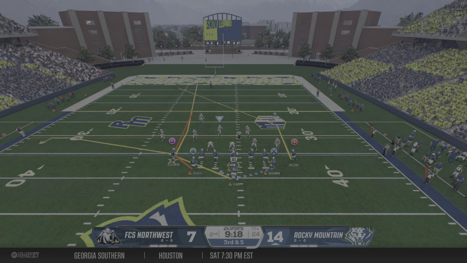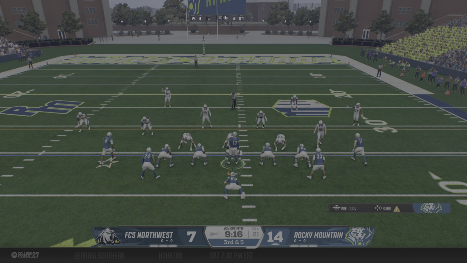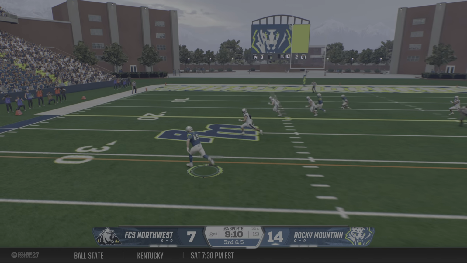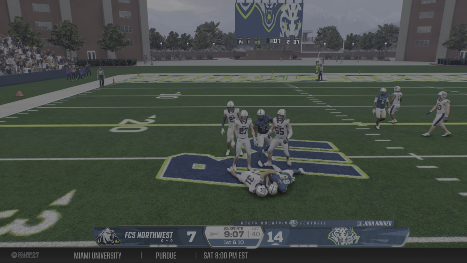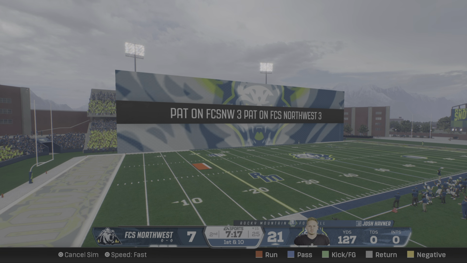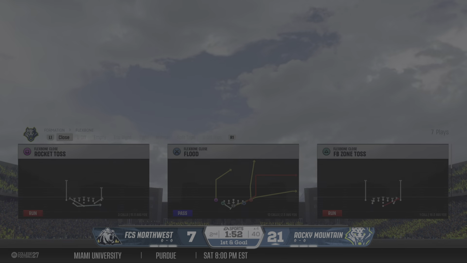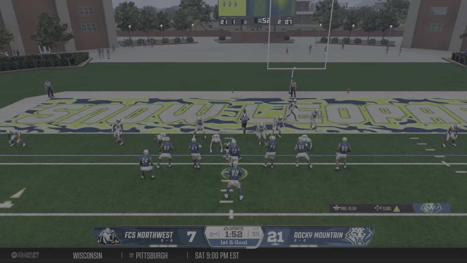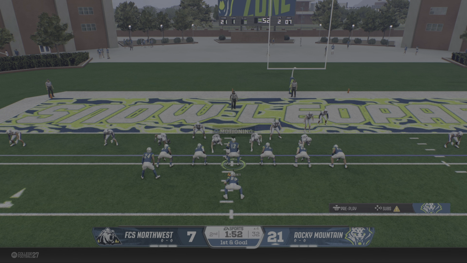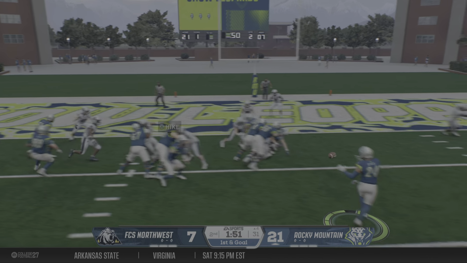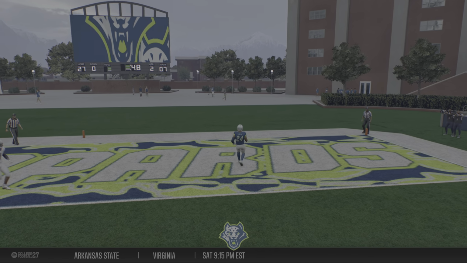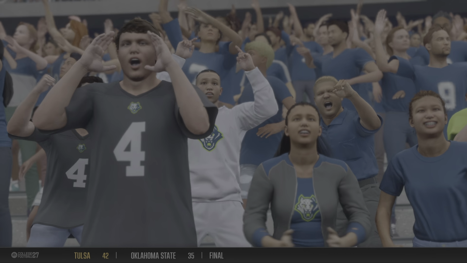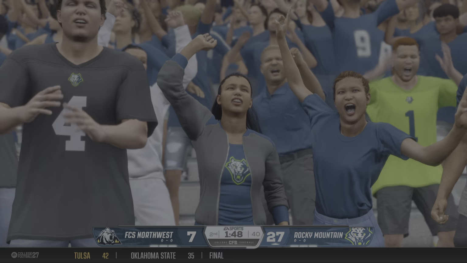3rd and short here from the 35. Might take a shot here if this is 4-down territory. Gonna look downfield again. Finds a tight end. Moving deeper into enemy territory. This offense has been a juggernaut, and they have a chance to pad their total just before halftime. Back's going for the goal line. Touchdown, Leopards! And they take it in for 6 more points. I know we're only in game.